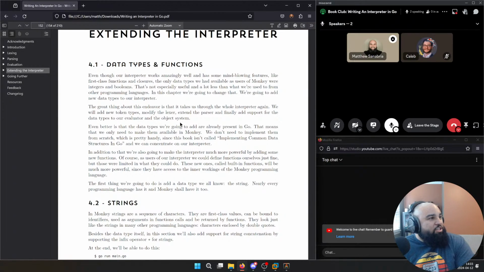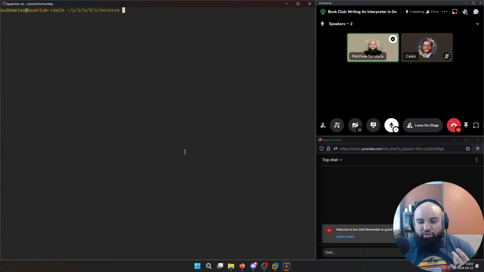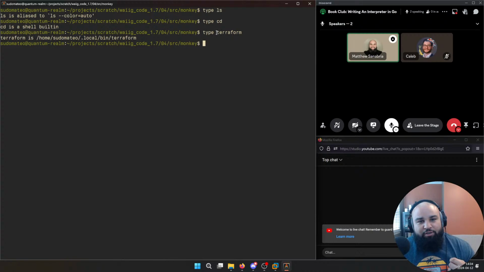If you are familiar with shell scripting or Linux, you might know that your shell has certain built-ins inside of it. So if I was running the bash shell, I would know that type ls or type cd, these are shell built-ins. This is actually pretty cool. I want to show you this for a second. What's a command? type terraform. Great. So I have a command in my shell called terraform, but it is a command that was added. I downloaded Terraform and I put this in here. But if I did type cd, it says cd is a shell built-in.